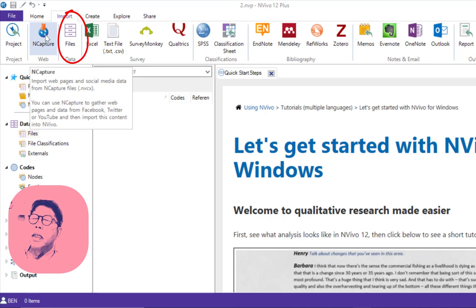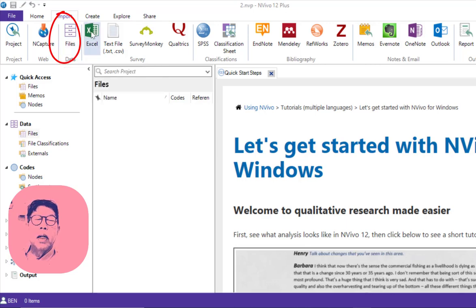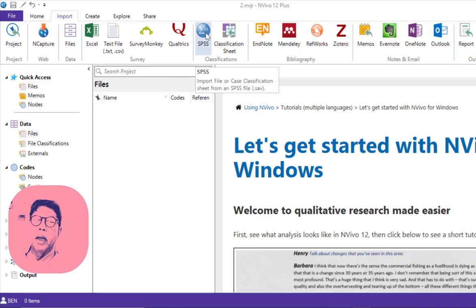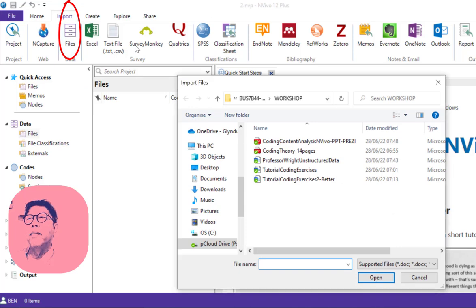The important thing is here, you can click and capture to capture any text from the internet, websites, comments, Twitter, blogs, etc. You can click Files to retrieve files that you have in your PC or laptop, you can import Excel. You can even import SPSS now. So I'd like you to click Files, Import, then Files, double click I meant.